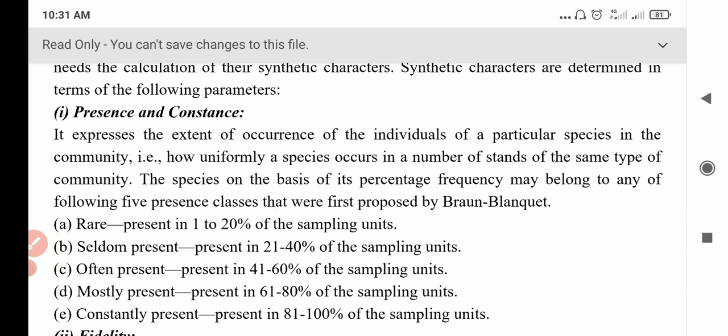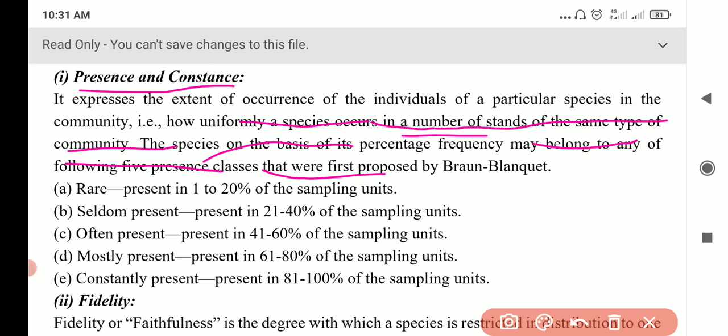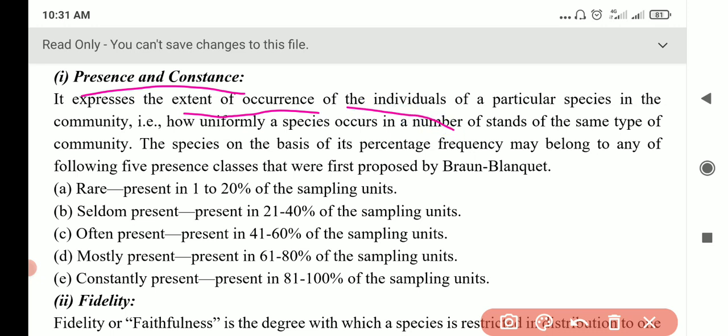Okay, the first one is presence and constancy. This one expresses the extent of occurrence of the individuals of a particular species in a community. When we say extent of occurrence, it means how much it occurs. Is it uniformly distributed? Is it sparsely distributed? Is it present only sometimes? Let's say we are talking about